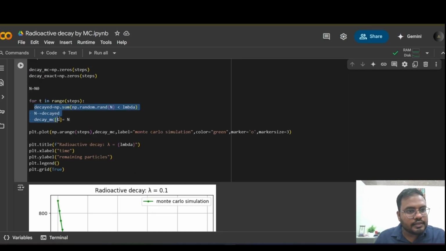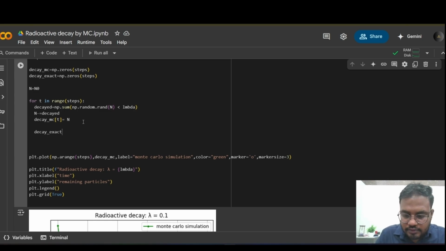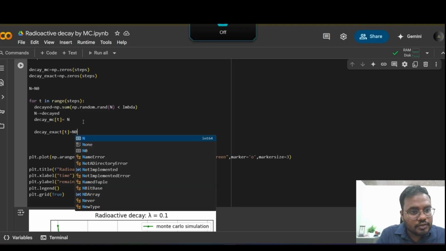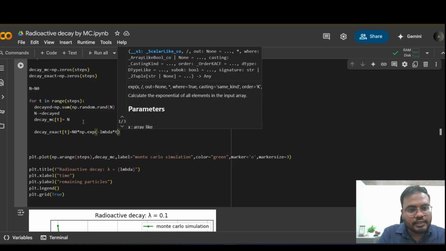Now this part is for Monte Carlo simulation, so underneath this I have to put the exact equation solution, decay exact, which is a function of t equal to n0 times np.exp of minus lmbda into t. That's it.